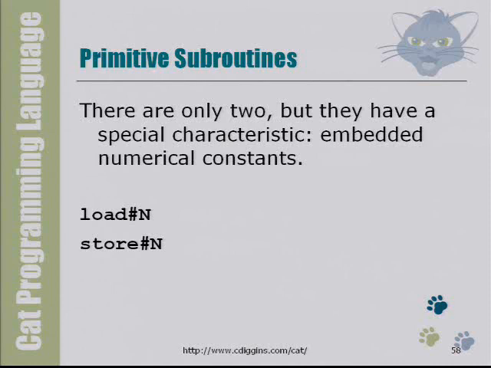Now, the subroutines are the programs of Cat which manipulate the local stack, or auxiliary stack, if you will. And there's only two of them, load and store. But there's a whole sequence of them, load number n, where n is some integer from 0 to 32,000, assuming that's your upper limit for the number of locals you can refer to. So what load does is just like load lock in the MSIL. You move from the main stack and you're pushing it into the auxiliary stack. Nope, sorry, load is the opposite. It stores the other way.